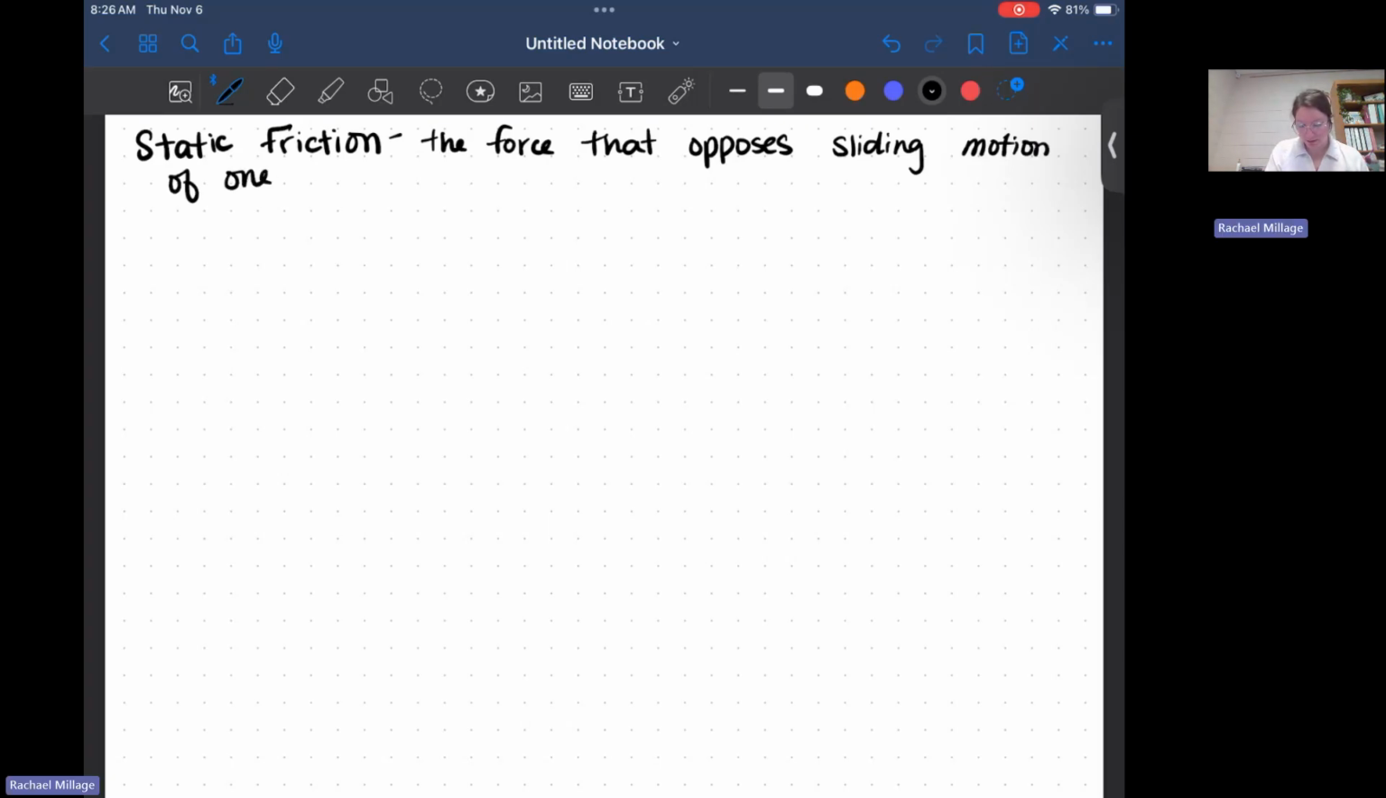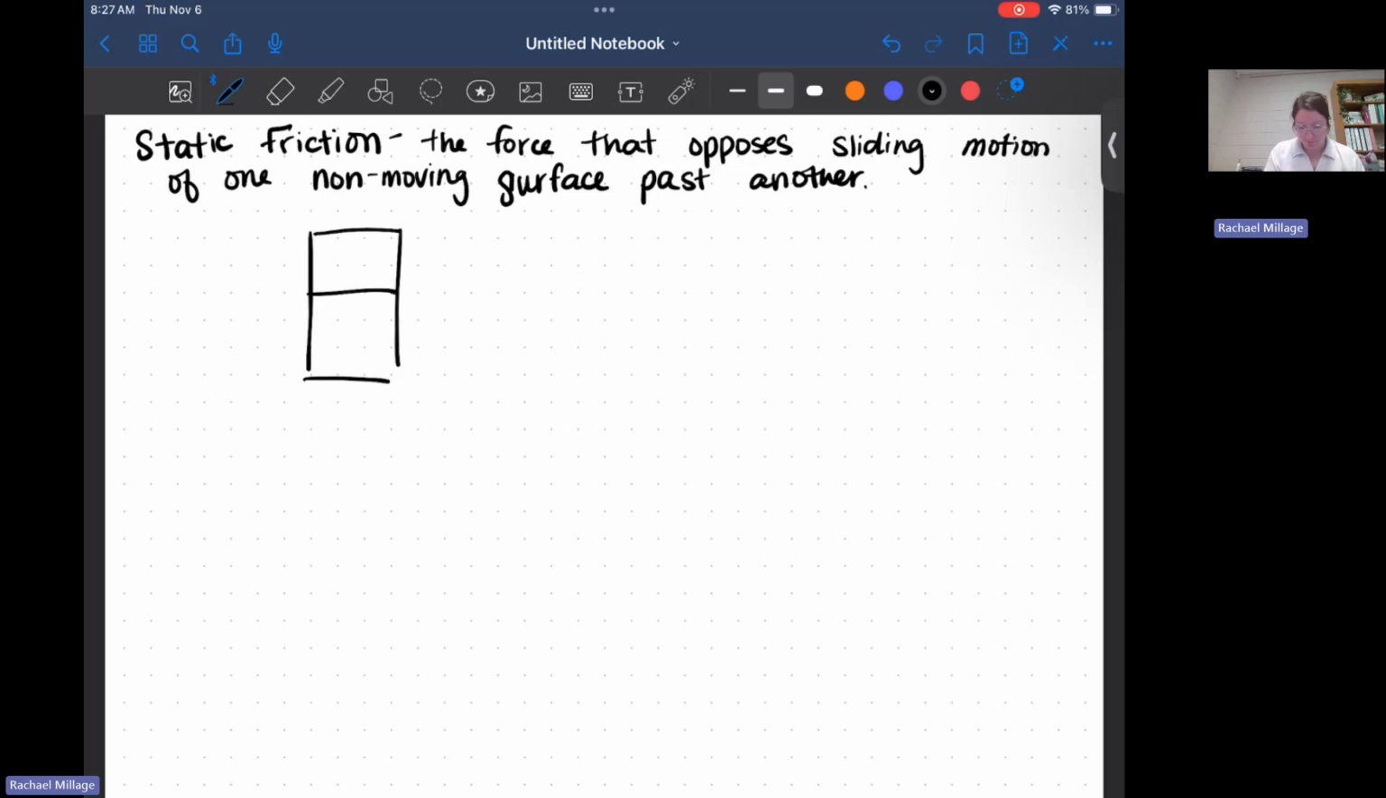of one non-moving surface past another. So static friction is going to be friction between two things that are not moving, but there's still forces at play. A really great example is if I have a fridge